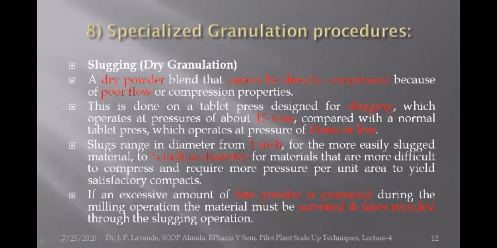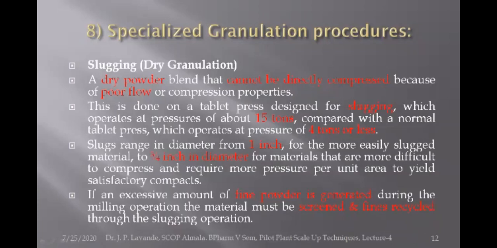During solid dosage form manufacturing, like the tablet, we have to go through various kinds of procedures, like the granulation procedure. We have different types of granulation procedures: wet granulation, dry granulation, direct compression, and slugging. Based on the procedure that we are using, we have to consider the relevant points.